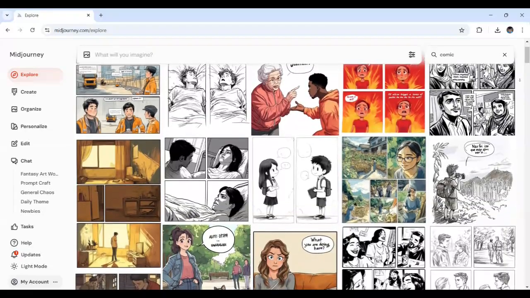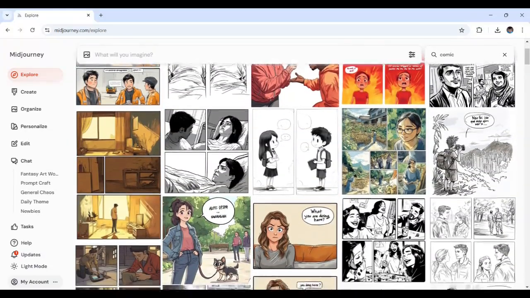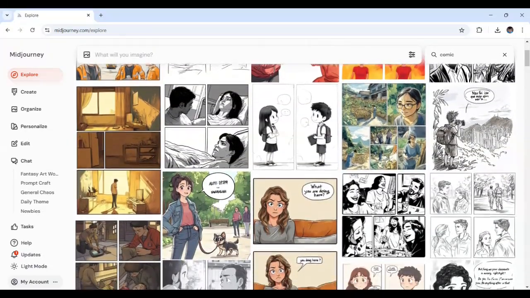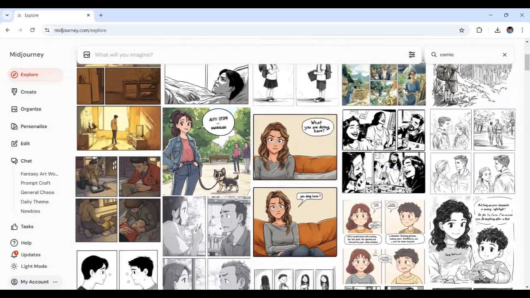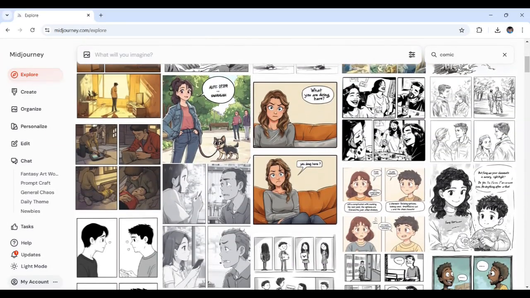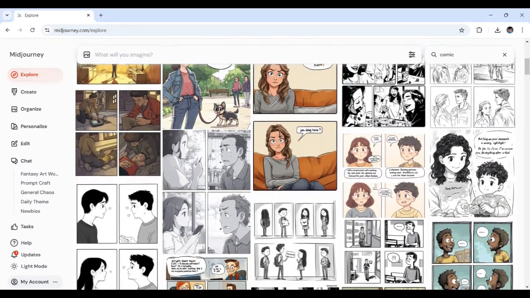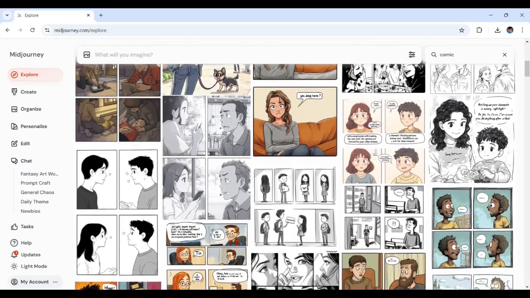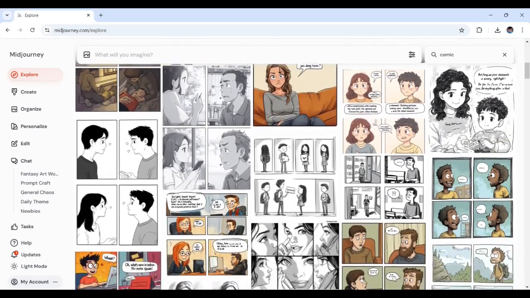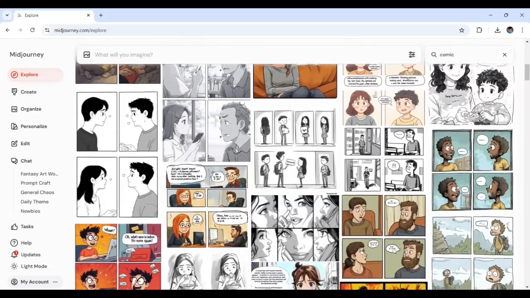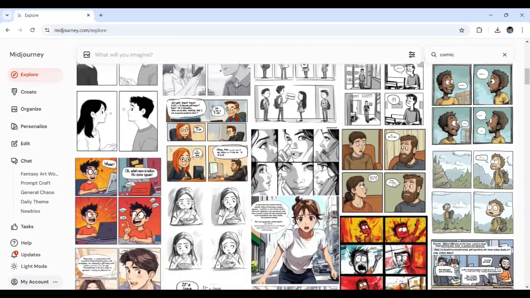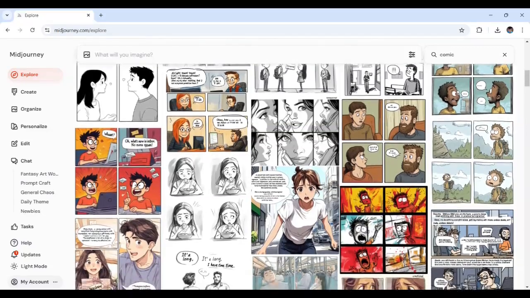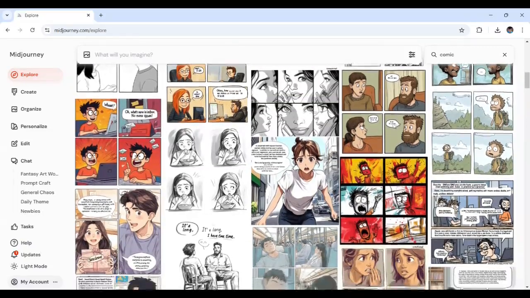Welcome back. Today we're tackling a really exciting project using Midjourney to create comic strips and graphic novels. We'll cover how to shape your story concept, bring characters to life, and design panels that flow seamlessly. Everything you need to get your comic vision ready to hit the page. And as always, don't forget to check the pinned comment for extra resources and tips to enhance your comic making